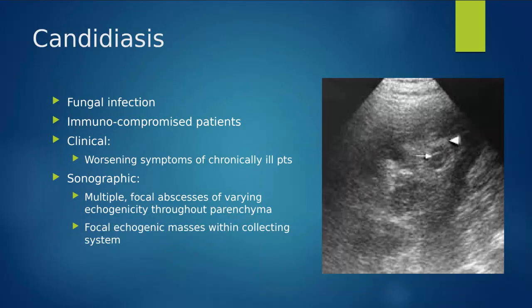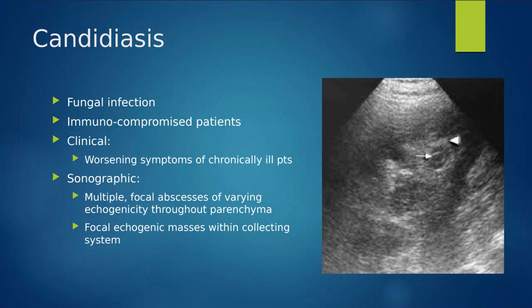Next, we have candidiasis. So this is a fungal infection that can really affect pretty much any organ, but the urinary system and also the hepatic system, kind of that upper gastrointestinal system, can be prone to this fungal infection. Usually normal healthy patients can prevent this infection from causing havoc in their body. They can kind of fight it off without the patient ever knowing,